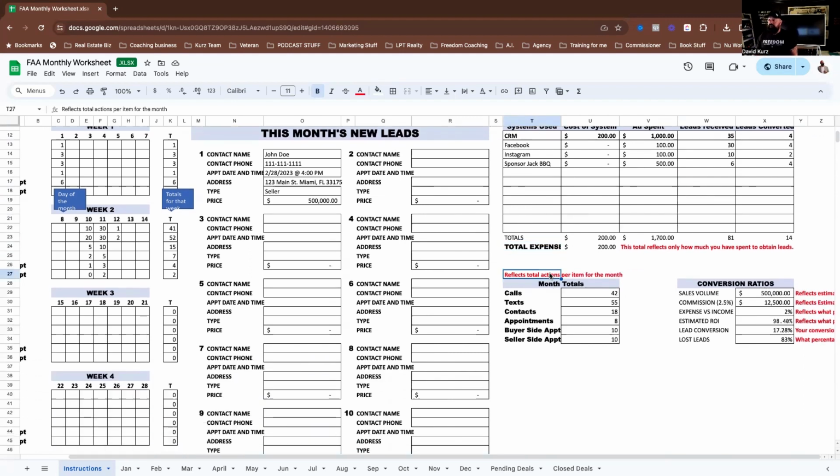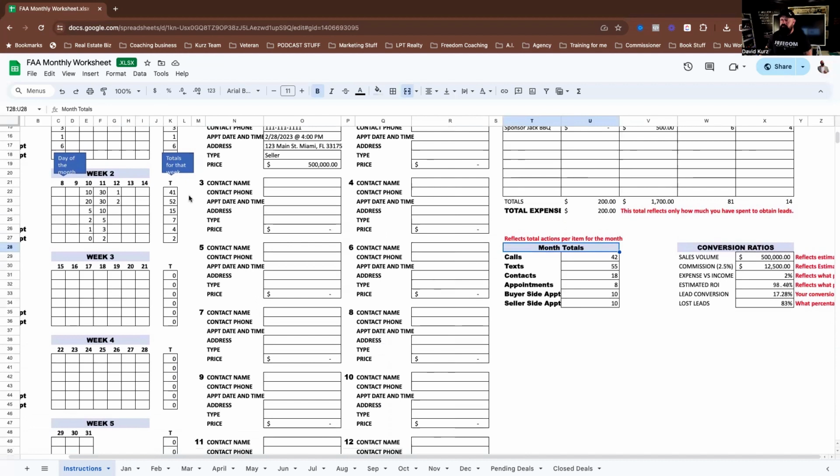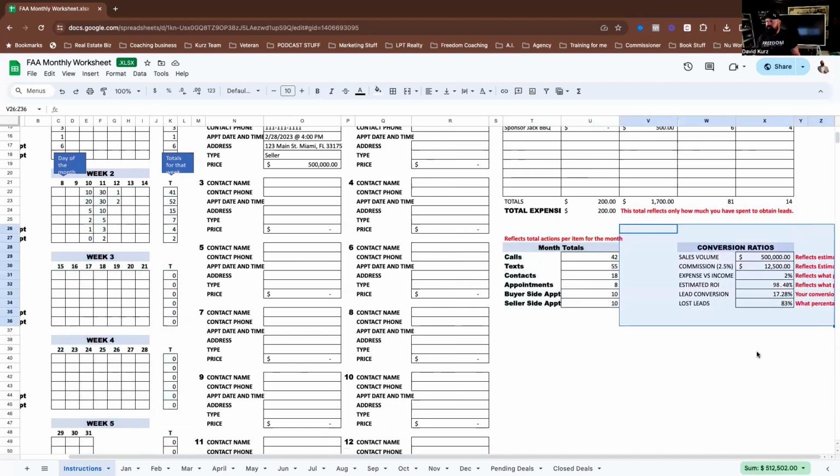Now here, it's going to reflect the total actions, so your monthly totals, based on what we're doing and operating on this side of the system, right? This side of the system will get formulated, and then your conversion ratios based on sales volume reflects the estimate. This is coming from here, okay? How much commission you would earn. You can adjust this, by the way. So here where it says 0.025, you can adjust that, okay? Expenses versus income, this is going to reflect from here, okay? Estimated return on investment, lead conversion rate, and how many lost leads you had. These things will process